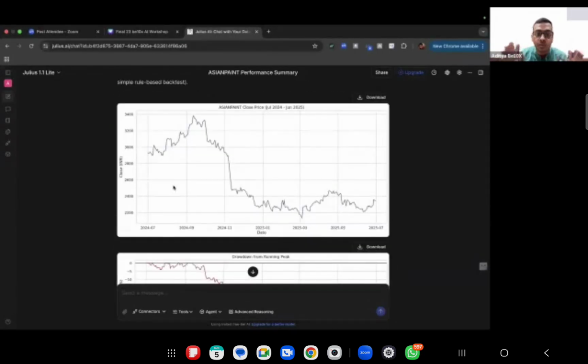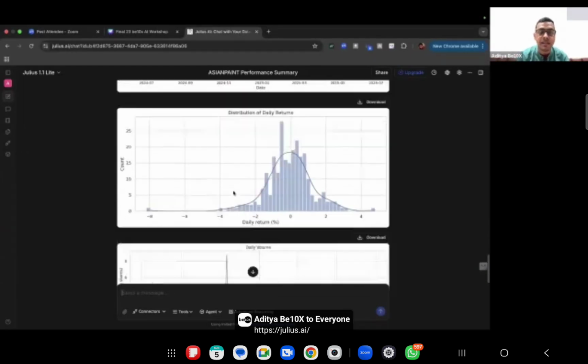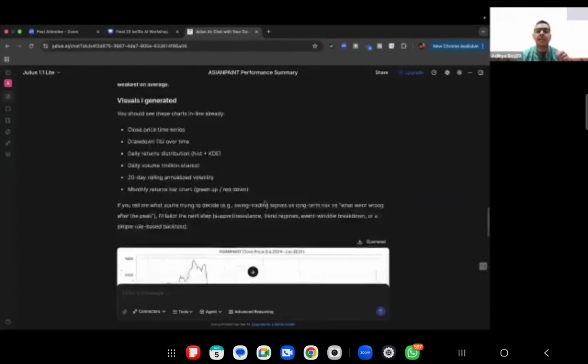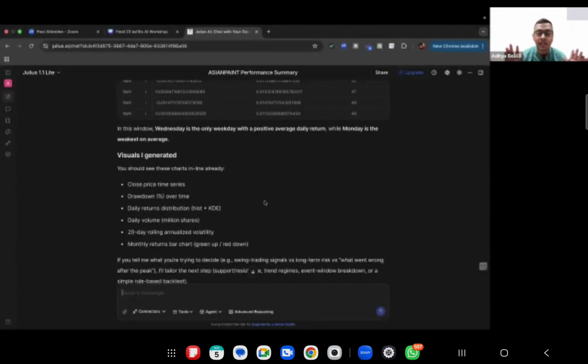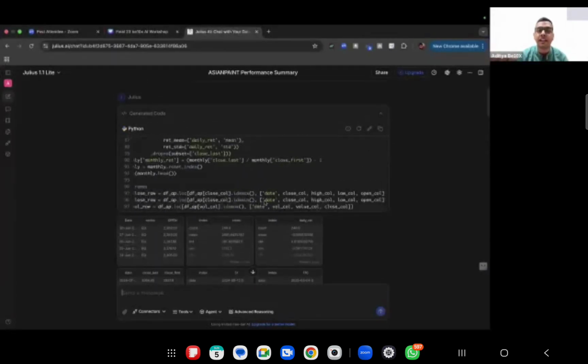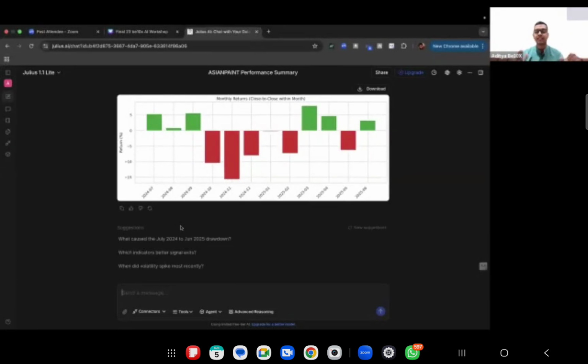I did not even ask it to generate visuals, and it has created a few visualizations for me: closing price versus date, drawdown percentage versus date, count versus date, turn percentage. It has created all of these visualizations which I did not even ask it to create. How many of you are mind blown by this simple prompt which I gave and the sort of output it was able to create for us? So this is some analysis that we have done, but we won't stop over here.